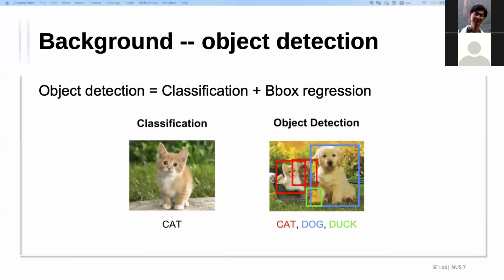That's about active learning. Because this paper is on object detection, I will also briefly go over what object detection is. For the usual classification task, we only need to tell the class of the object, but not its position. Object detection is more complicated. There might be multiple objects inside the same image, and I need to predict the precise location of each object and also the corresponding object class. In other words, object detection is equal to classification plus bounding box regression.